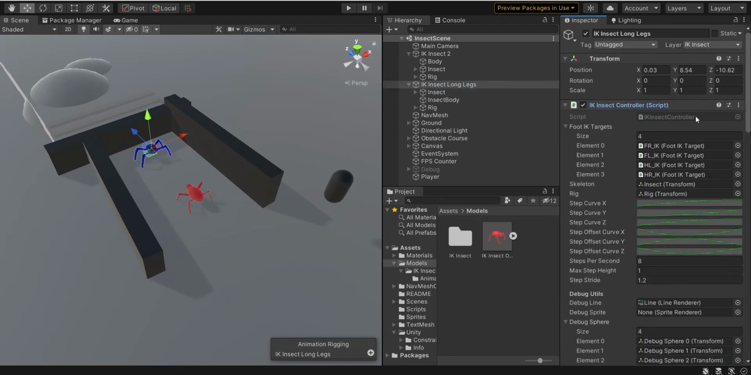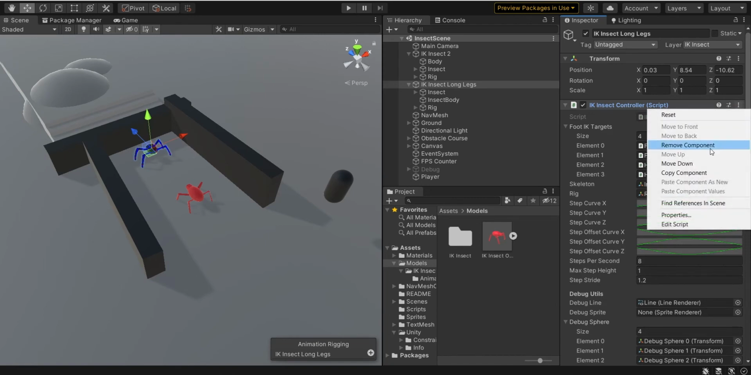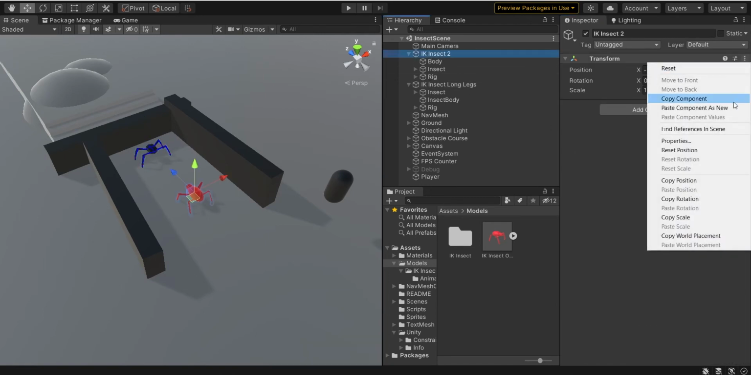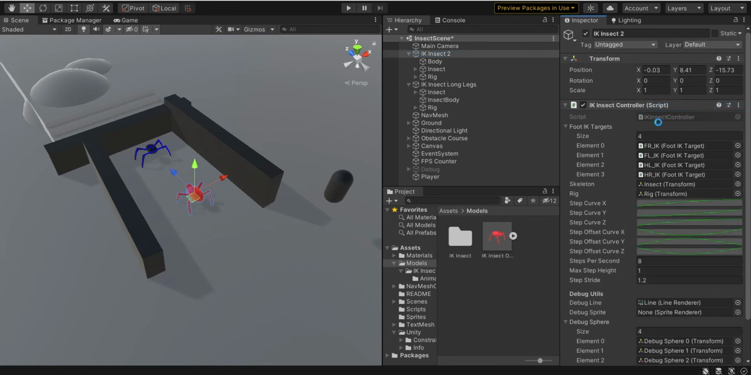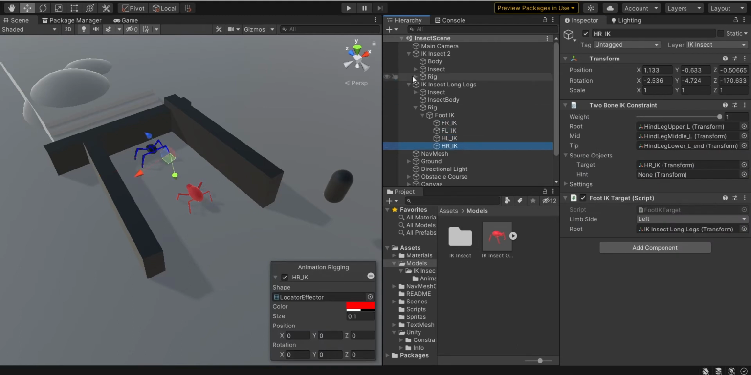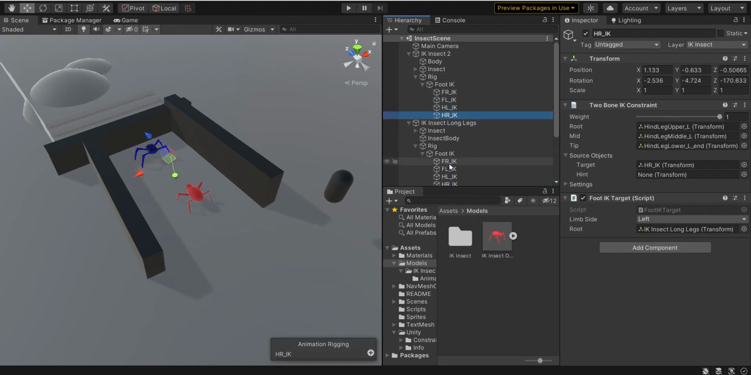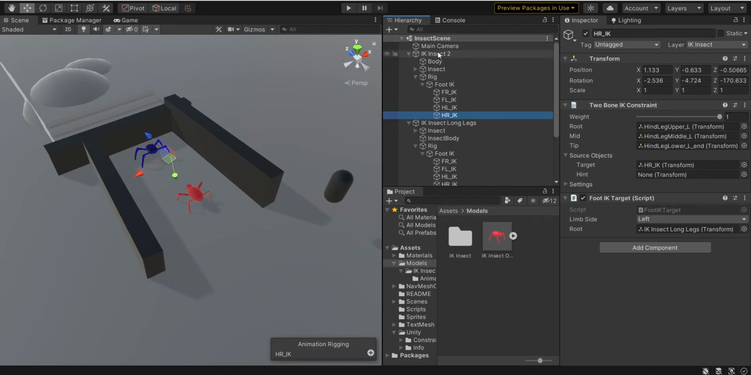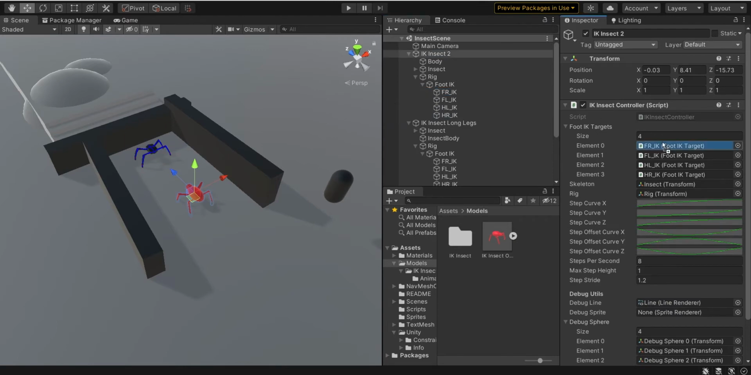So the most important script here is the IK insect controller, which we have here, and I could really just copy this first of all and paste it as a new component on my new game object. But I'm also going to have all the references copied and pasted, which I really don't want. That's referring to the feet, because on this I have different feet, whereas on this rig I have my own feet. So I'm just going to expand the feet on this rig and reassign the references for front right, front